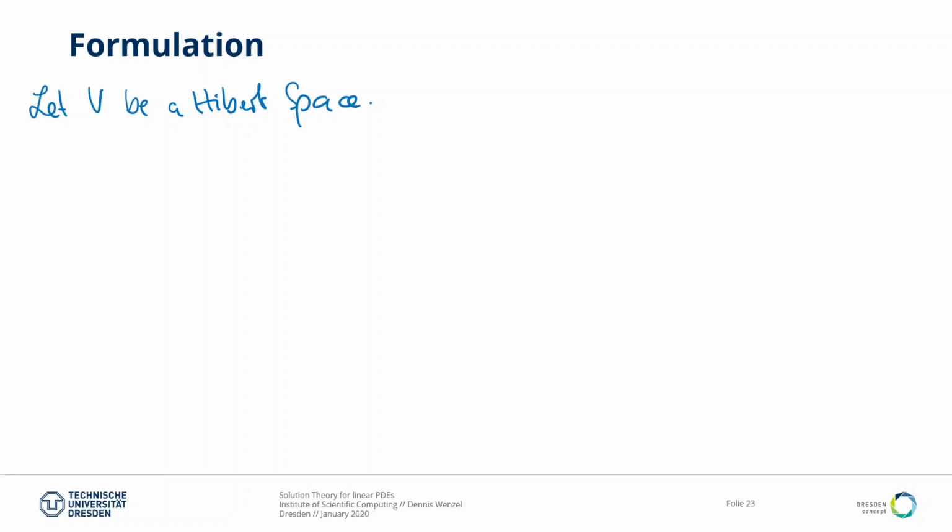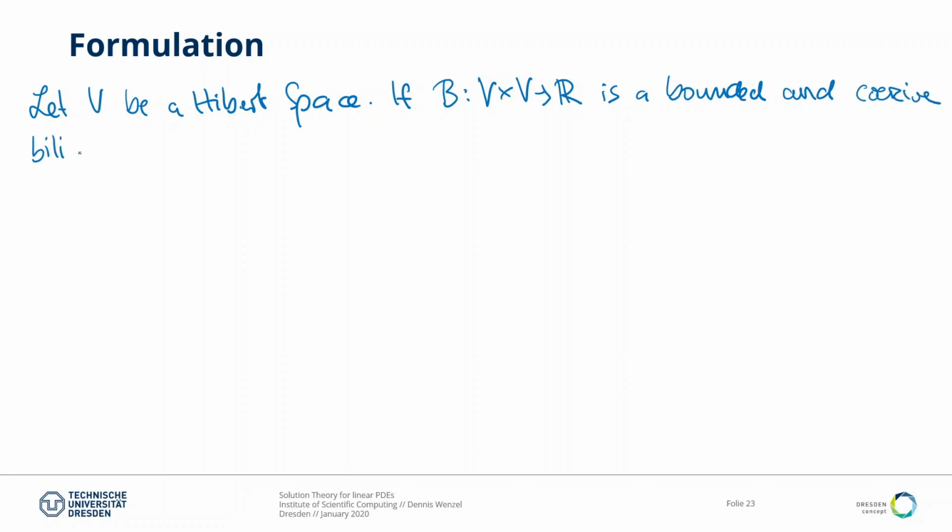And then we want, if B is a bilinear form, so mapping from V times V into the real numbers, if that is a bounded and coercive bilinear form, and L, which maps from V into the real numbers, and L is a bounded linear form,